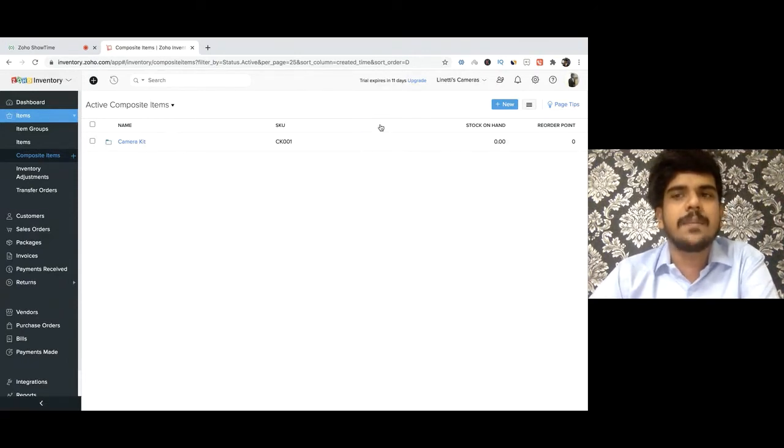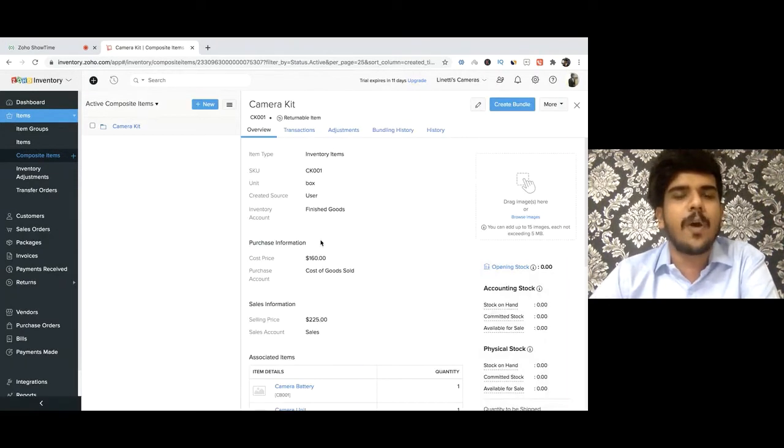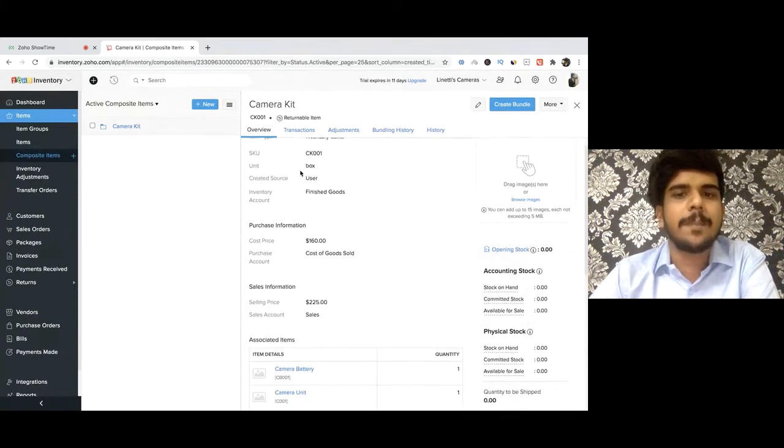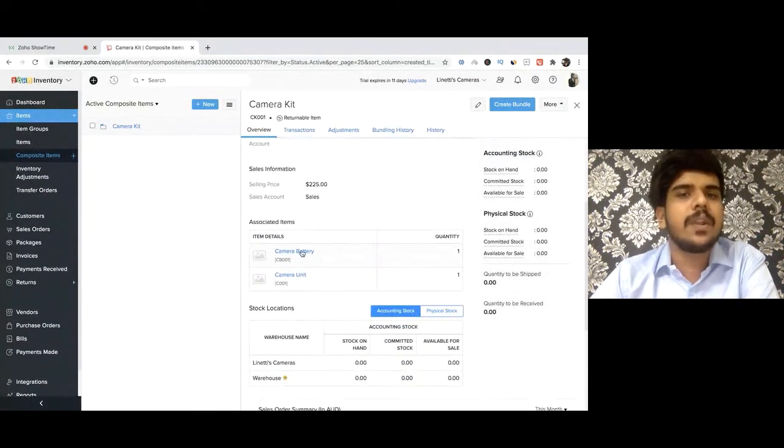Defining a composite item is very simple. You just have to populate the basic details about the composite product and associate all the items that go into the making of the composite product. So in the case of Gina's cameras, I have created a camera kit by associating camera battery and camera unit to this particular composite item, and I've defined the quantity required as 1 for each.